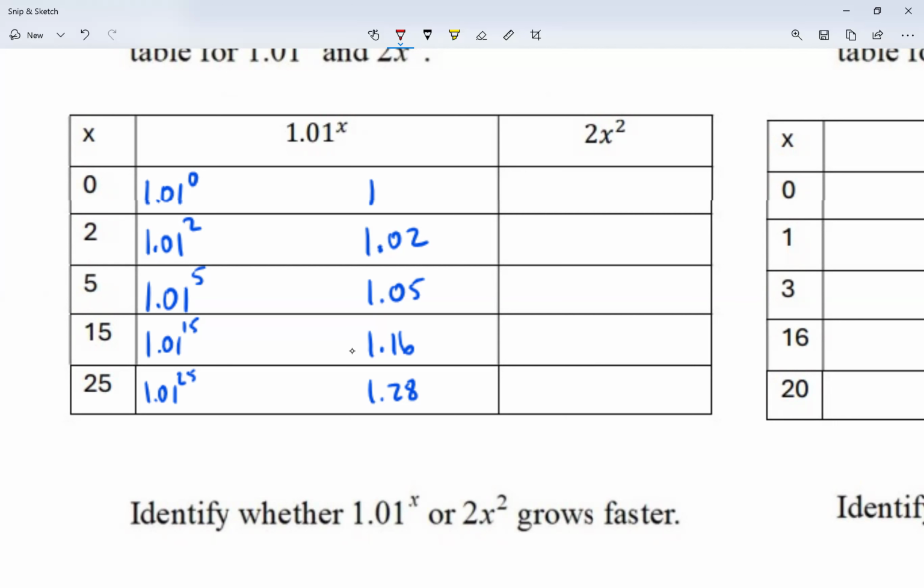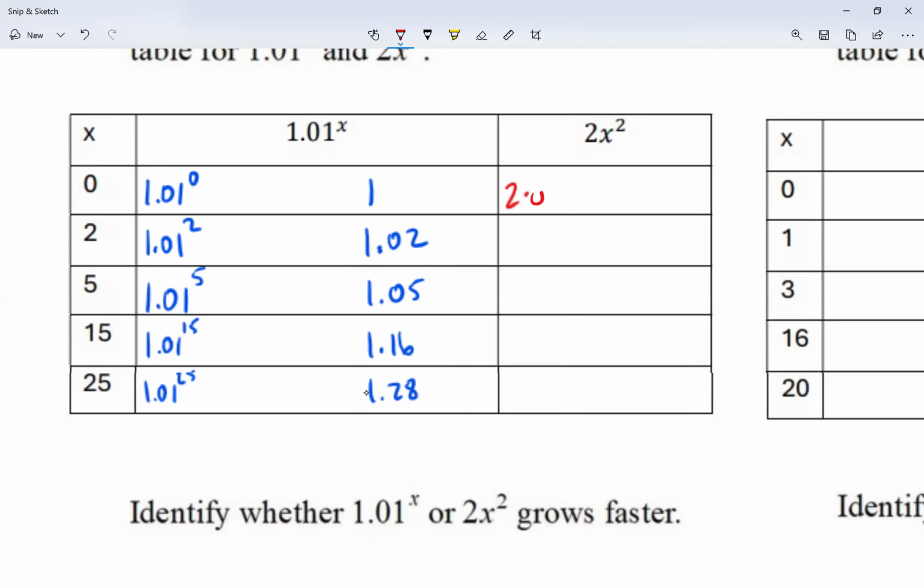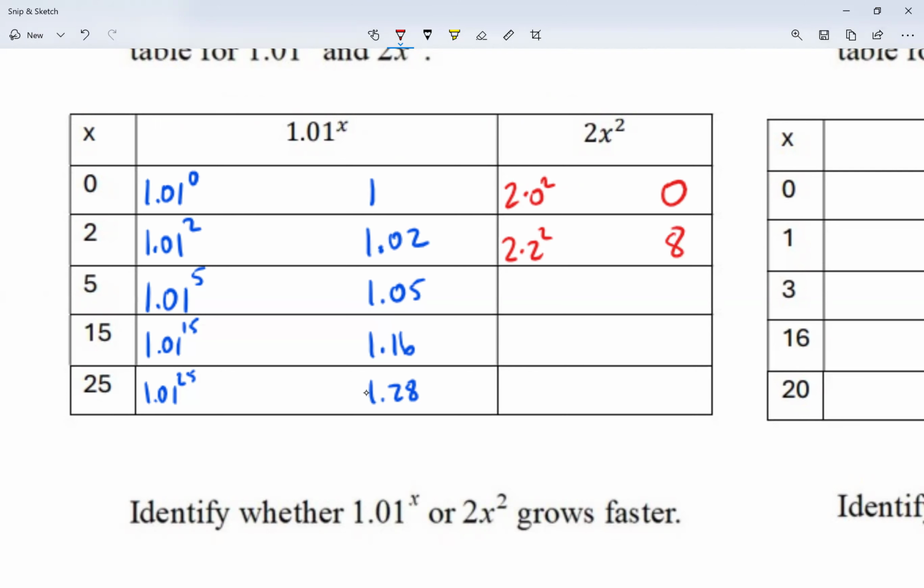What happens on the other equation? 2 times x squared. So I'm asking you guys to type in 2 times 0 squared. Now 2 times 0 squared gives me 0. Okay. 2 times 2 squared, because remember for this one, my x value is 2. So 2 times 2 squared, I get 8. Now here, 2 times 5 squared,